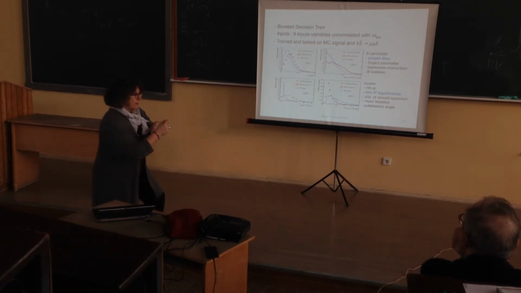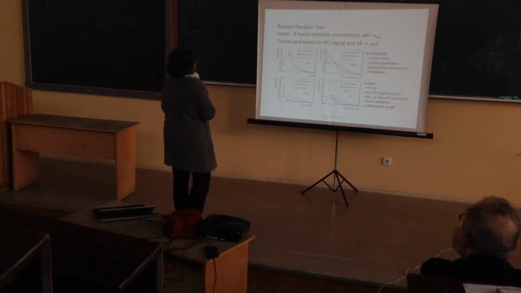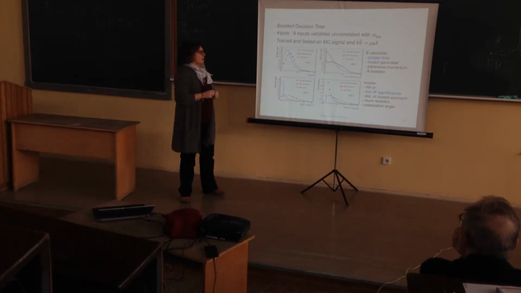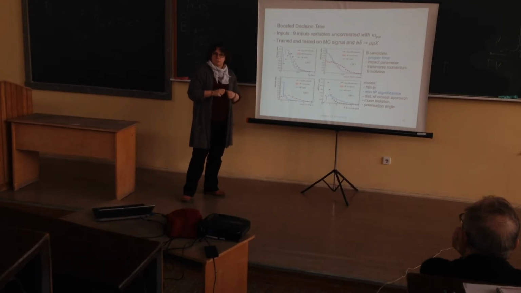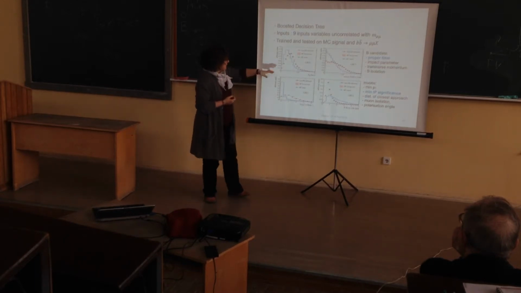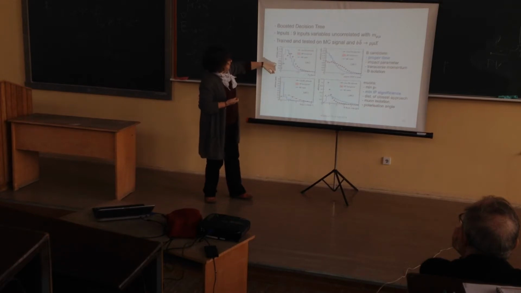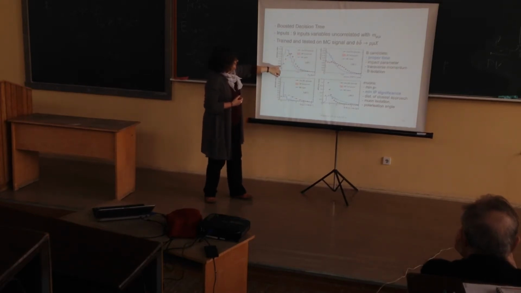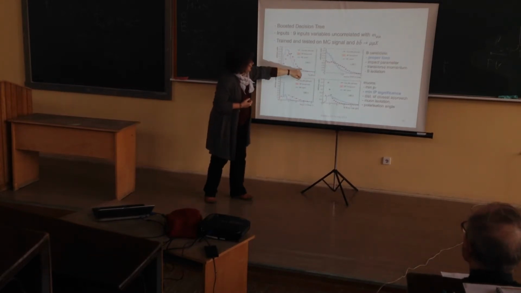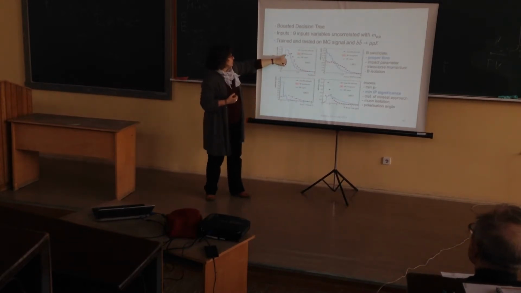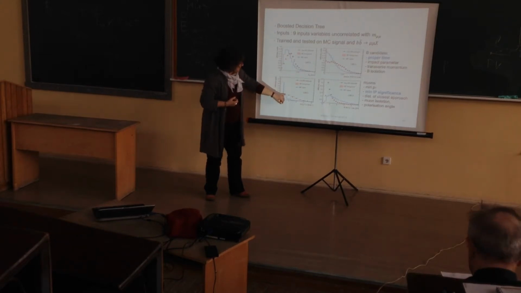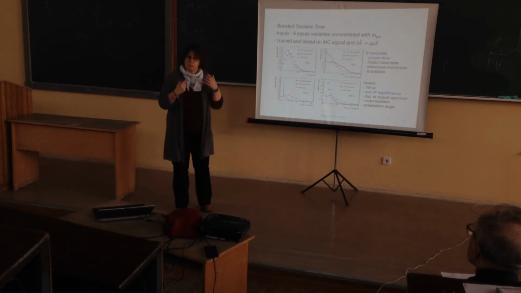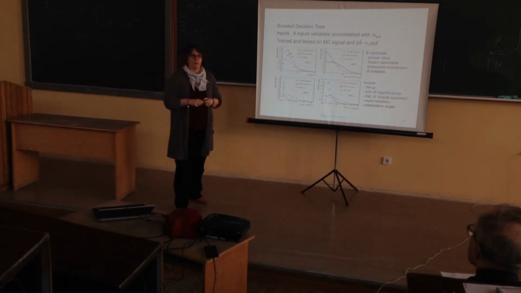So people are creating variables and they are training it on Monte Carlo to see if it's working. So these are examples of variable, and the blue is the signal Monte Carlo, and in red is the background Monte Carlo. So you see that between blue and red, you have a lot of differences. So it will help you to recognize your signal.